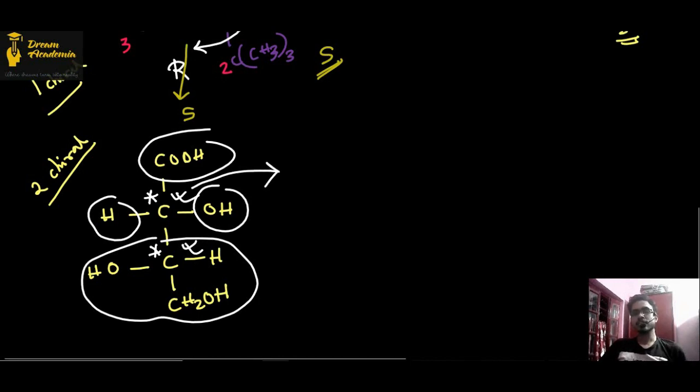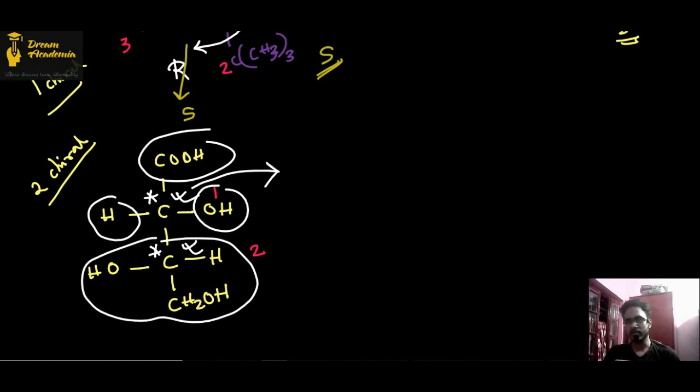Similar concept. Consider the groups attached to the carbon. This has more mass number as oxygen is attached. Now if we come to this group, obviously this will have more mass number, because with this carbon we have OH, CH2OH and H. Adding up their mass numbers, it will obviously exceed COH. So 1, 2, 3 and 4. And the rotation occurs this way. 1, 2, 3.